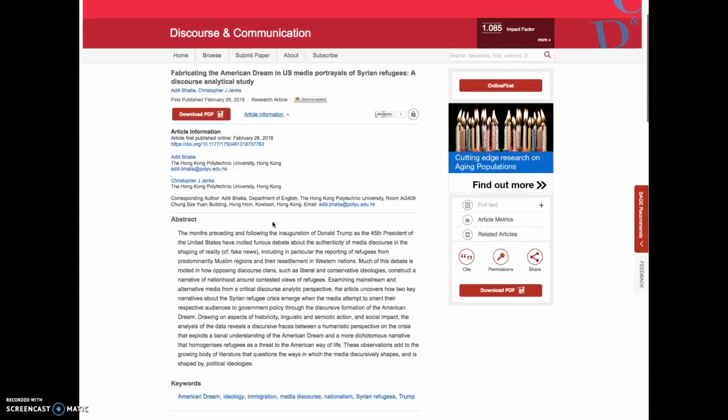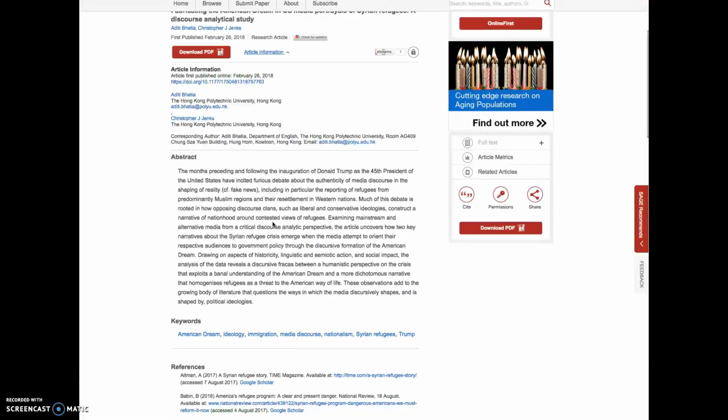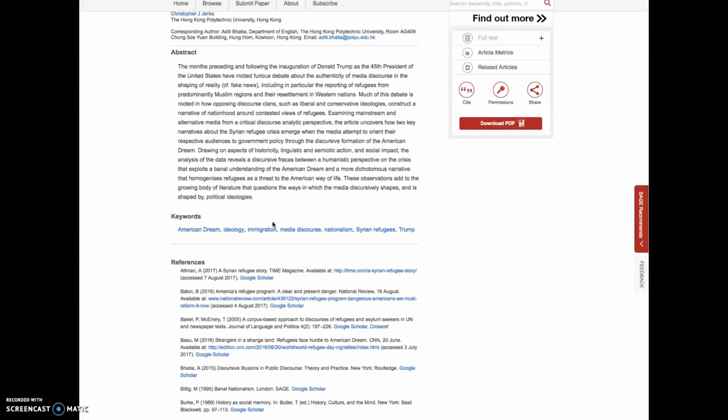The abstract just gives the summary of the article, so you can read through that and decide if this is something that's relevant or of interest to you. But more importantly, underneath, you can see that there are keywords. Now, one of your assignments this week was to look at keywords and to keep track of them. Keywords can also help you to further investigate or find more sources because you might not consider using something like